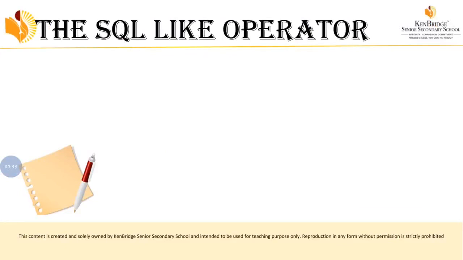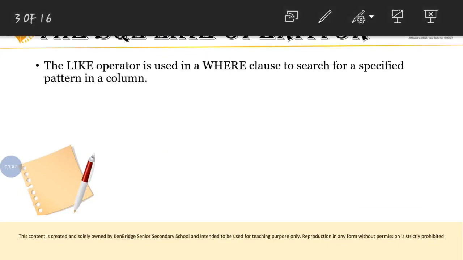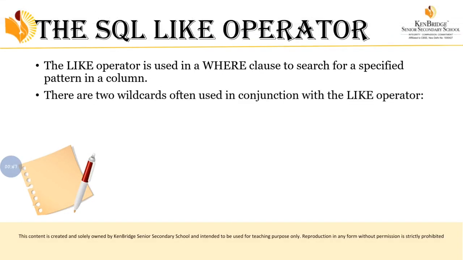So the first operator is the LIKE operator, which we have mentioned in the topic. Let's see how the LIKE operator is used in SQL. This LIKE operator is used in a WHERE clause to search for a specified pattern in a column. Column in the sense it is an attribute. The database is dealing with tables, right? In tables you will sometimes have a pattern. So this operator is used to search for that specified pattern in the attribute.